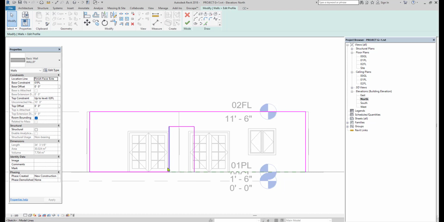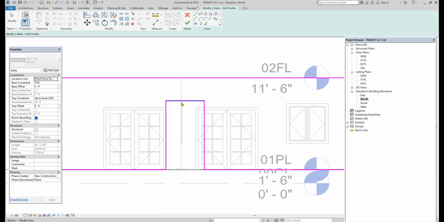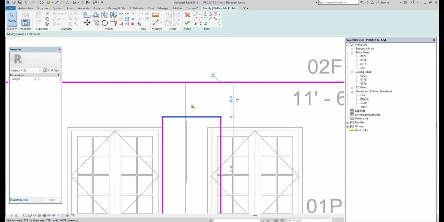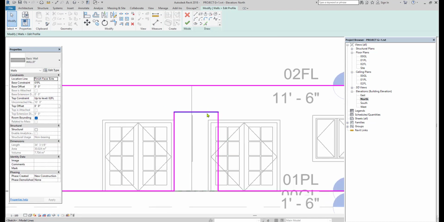Whatever the design you want to do, that should be in the closed loop. It should start from the initial point and then end at the same initial point. So here I am giving the opening like this way. If you want to give any extra design like arc, then you can take the arc shape and then do the design.